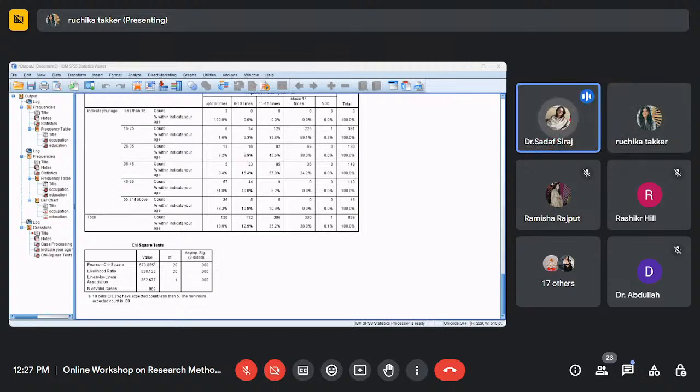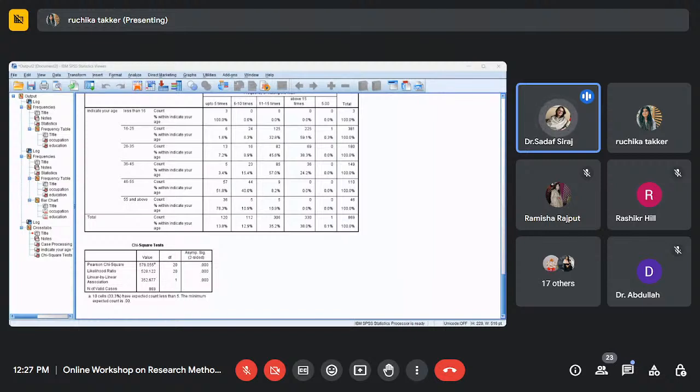Now if I have a look at it, in the age group of 16 to 25, nearly 60% of the respondents in this age group were visiting the mall more than 15 times. And now you can have a look at the age group of 55 and above, and you will see that 78.3% of the people in age 55 and above were just going up to 5 times, right?